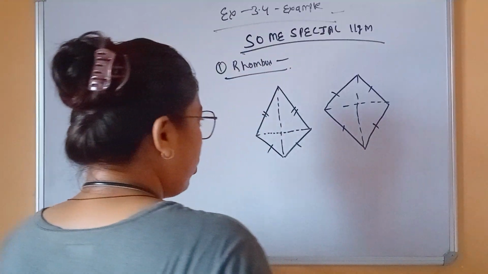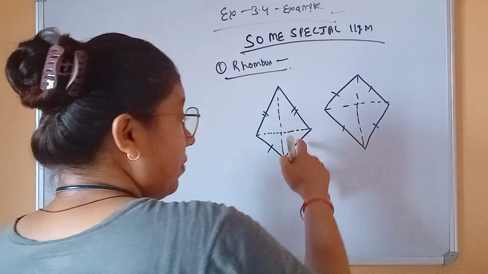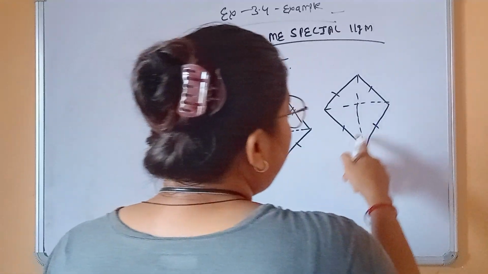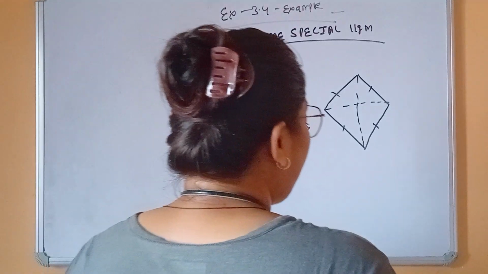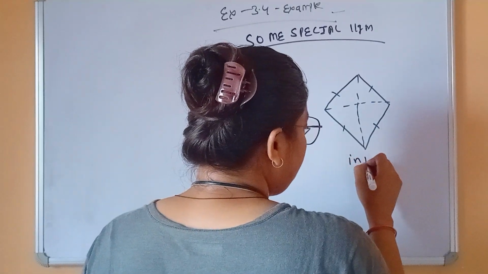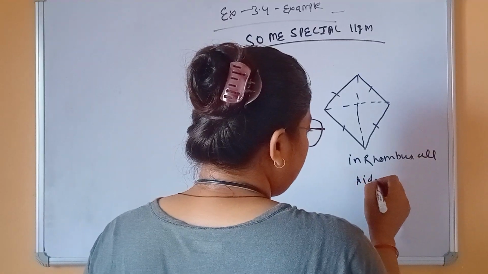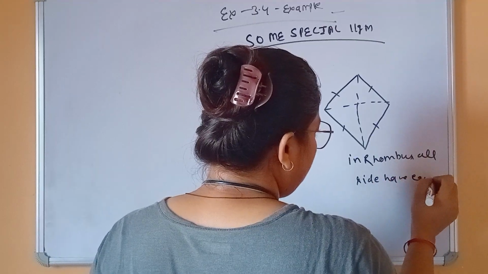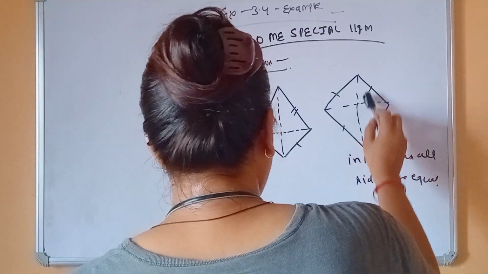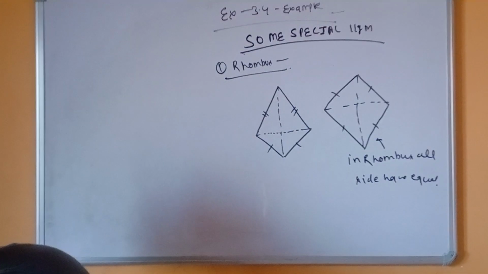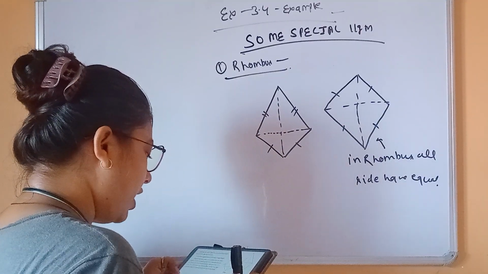Here 2 sides are equal, but in a rhombus all sides are equal. So in the figure, only this figure follows rhombus, because in a rhombus all sides are equal. Here not all sides are equal; here two sides are equal. So the property says a rhombus has all the properties of a parallelogram and also those of a kite.